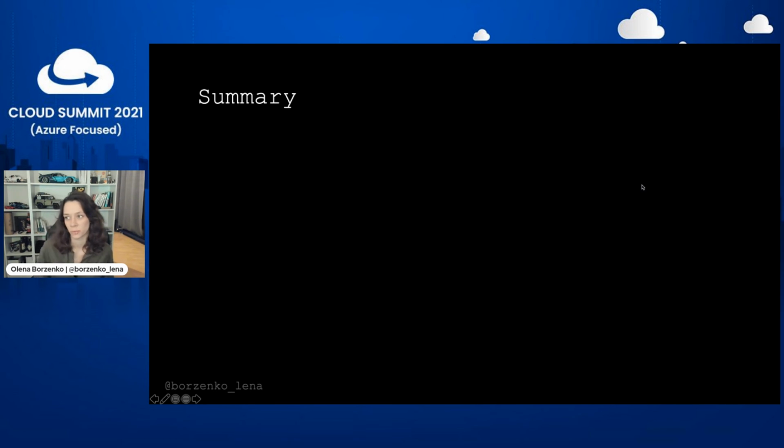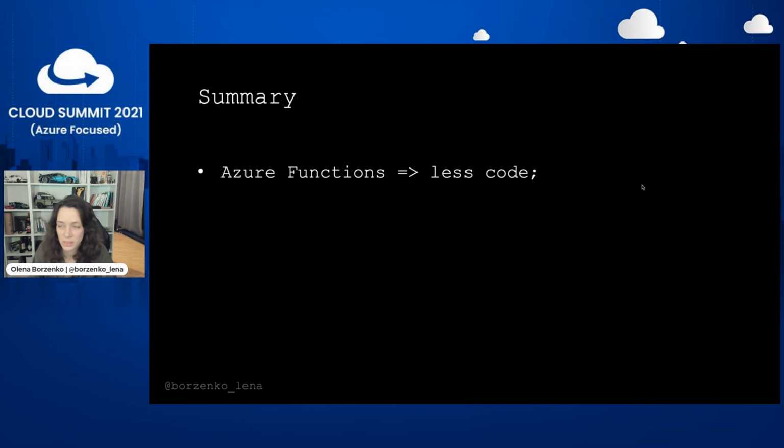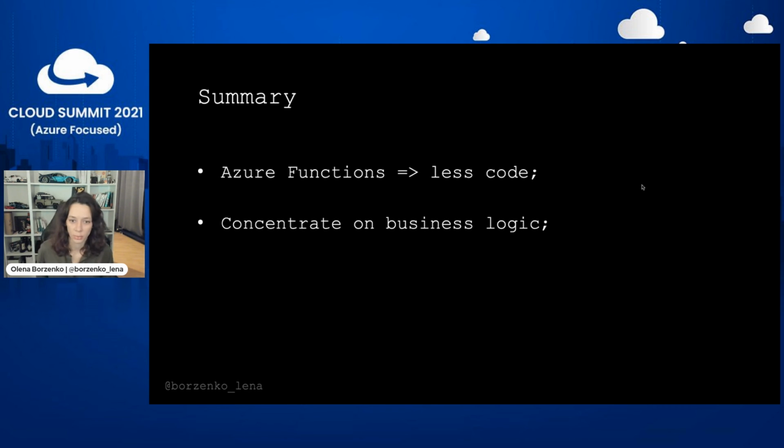To summarize a bit, the main component for us was Azure Functions, which we used to implement business logic. As I showed before, there is a variety of bindings and HTTP triggers, and combining them differently allows us to save a lot of space, a lot of code, and a lot of time. Azure Functions is not just a scalable brick managed by Azure, where we don't have headaches from hosting and deploying, but it's also much less code and much simpler to use. We can concentrate on our business logic,